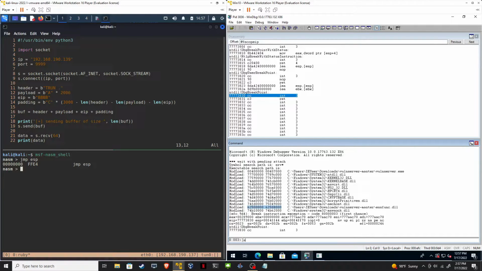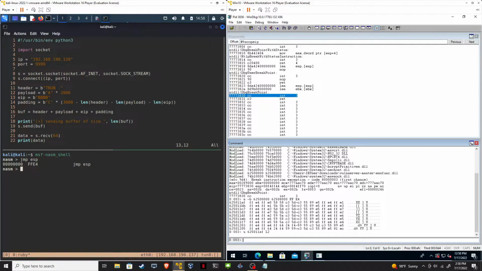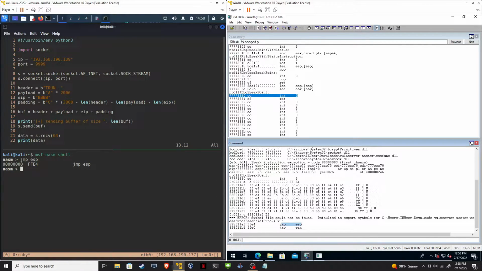So I can say search for a byte in this address space. Ooh, that was ugly. Why did I do that? Search B. Can I easily copy this? Paste it in. And what do I want to look for? FFE4. Hit enter. Okay, we see FFE4. If I grab this and hit U for unassemble, that address, L2. Cool. Jump ESP. So this is the address I want. Copy that